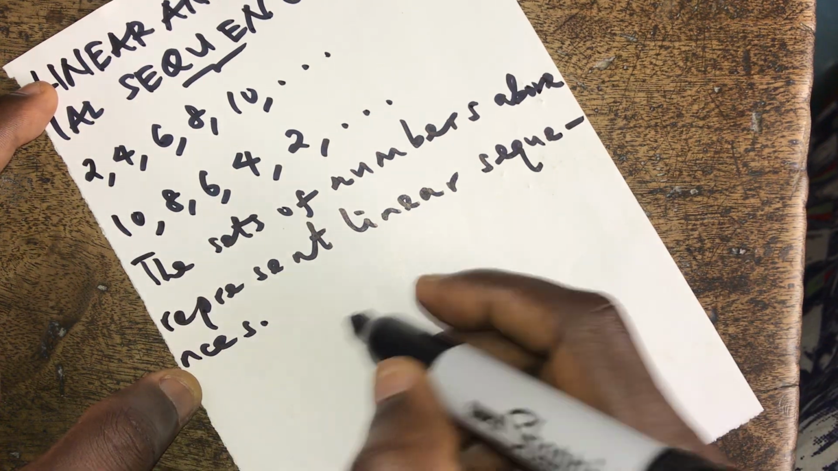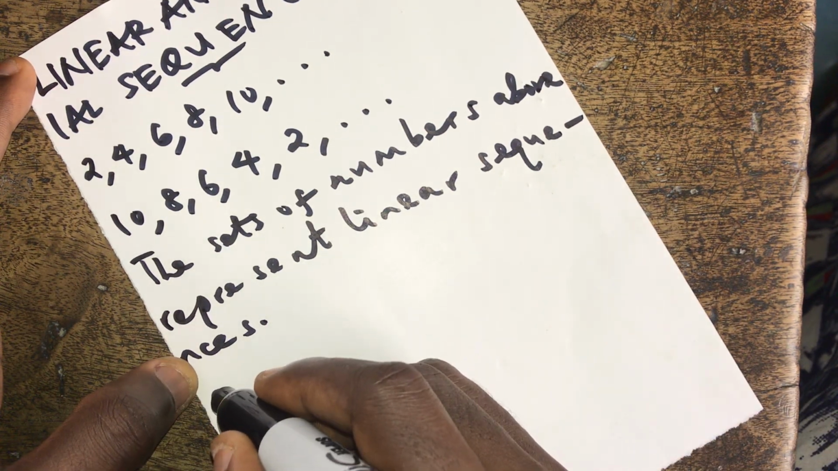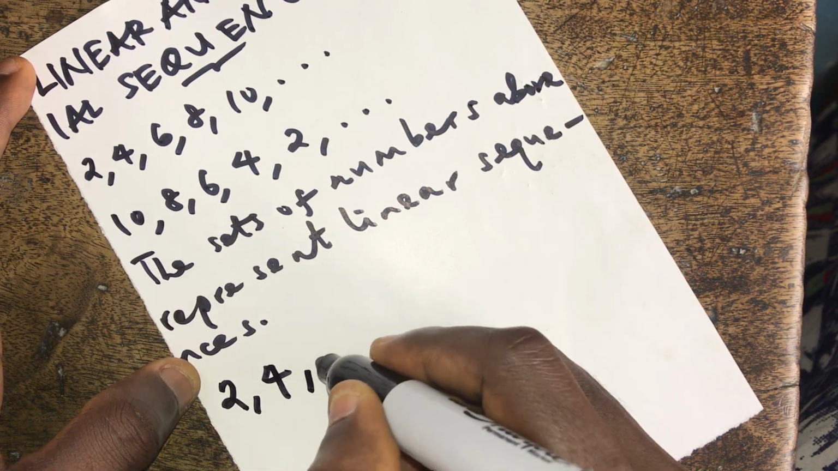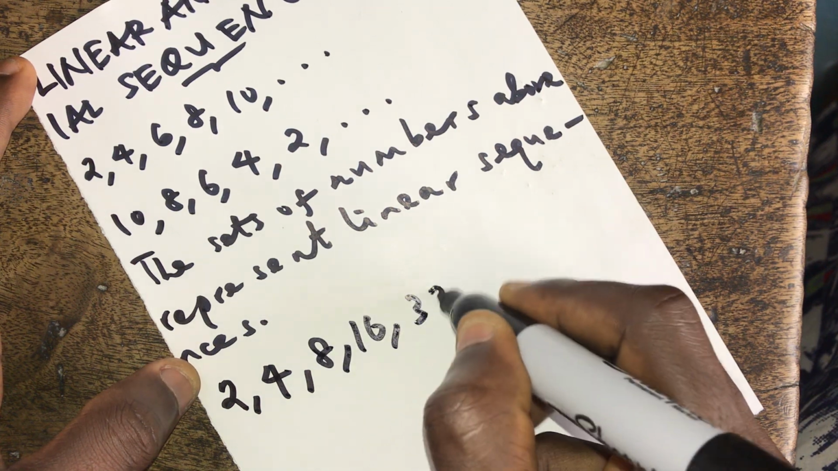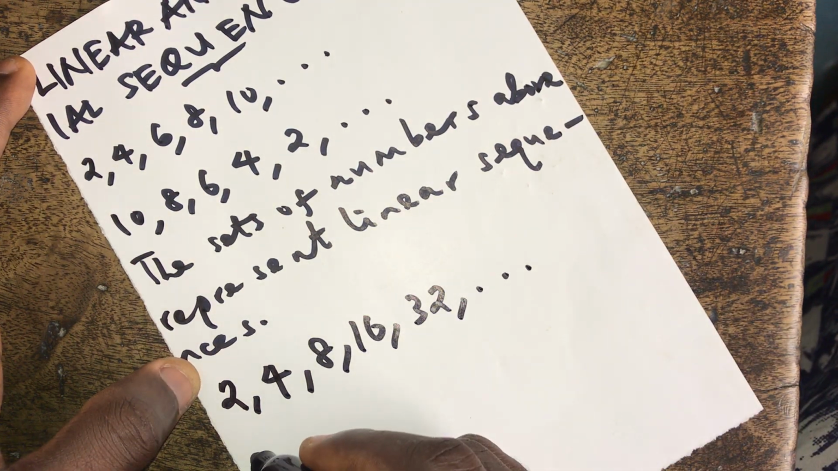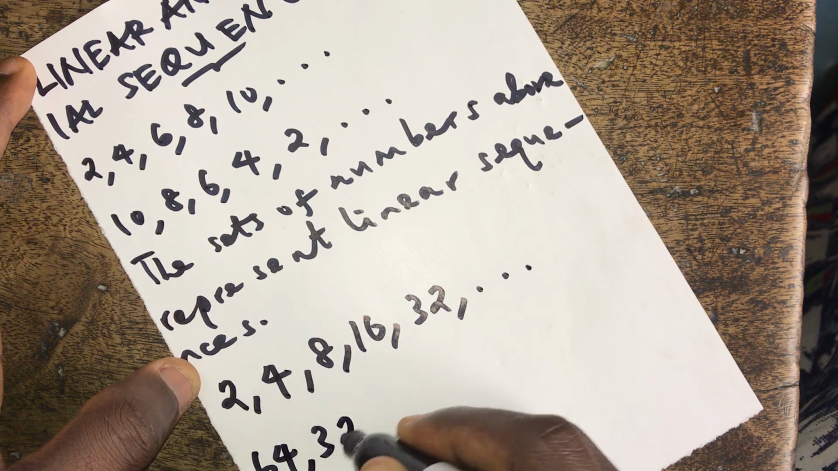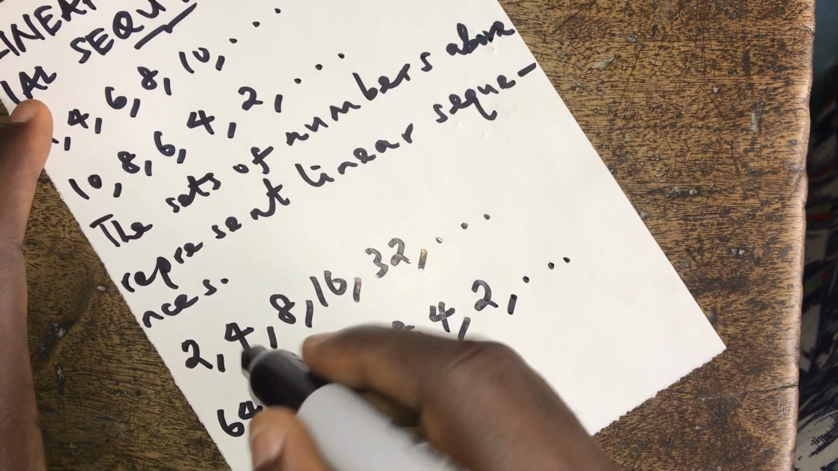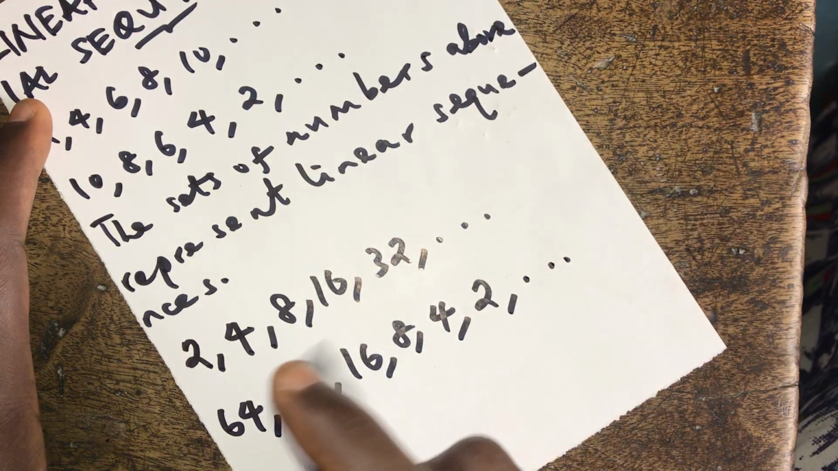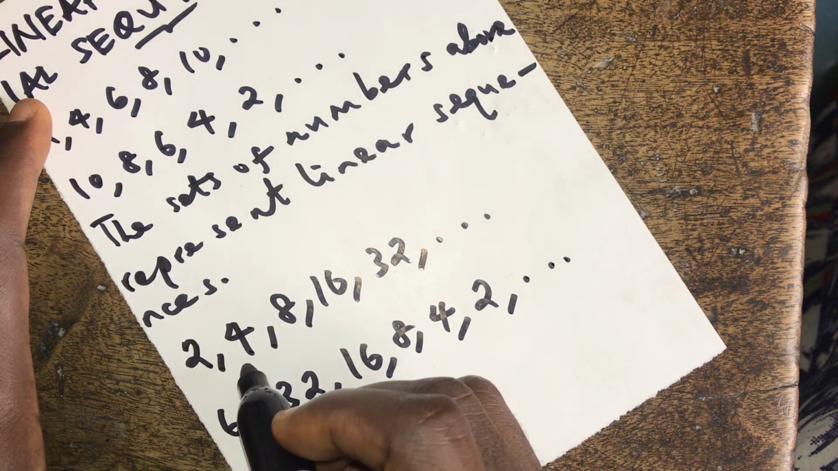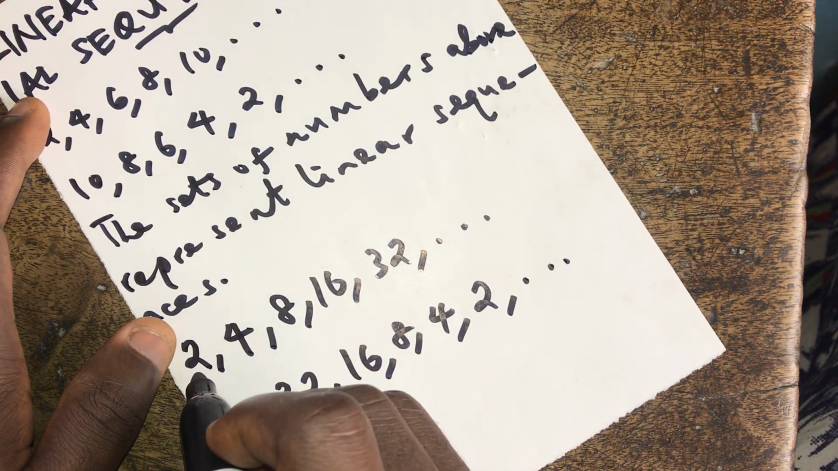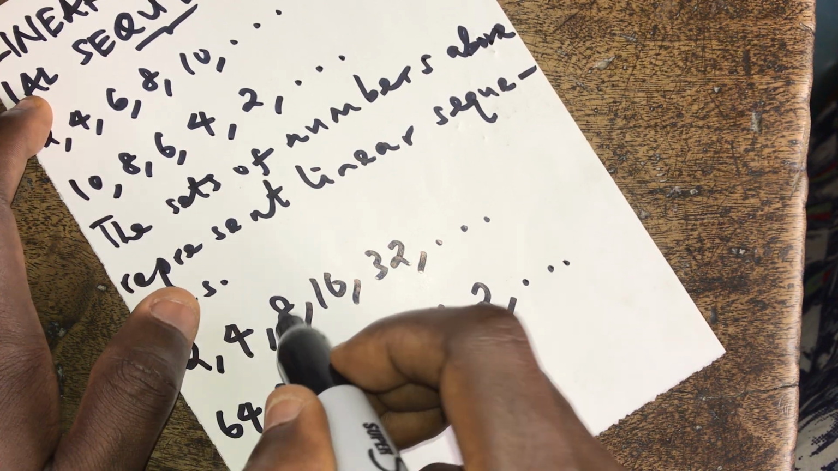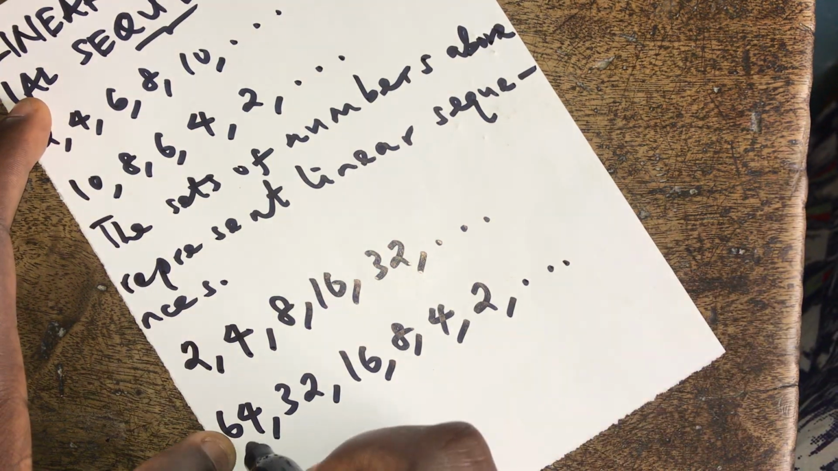Now let's take another example. Consider these other sets of numbers: 2, 4, 8, 16, 32, and so on. And this one: 64, 32, 16, 8, 4, 2, and so on. We'll say that in this set, starting from the second number, we have to multiply the number before it by 2 to get it. So 2 times 2, 4, 4 times 2, 8, 8 times 2, 16, and 16 times 2, 32, and so on. And here we are dividing,